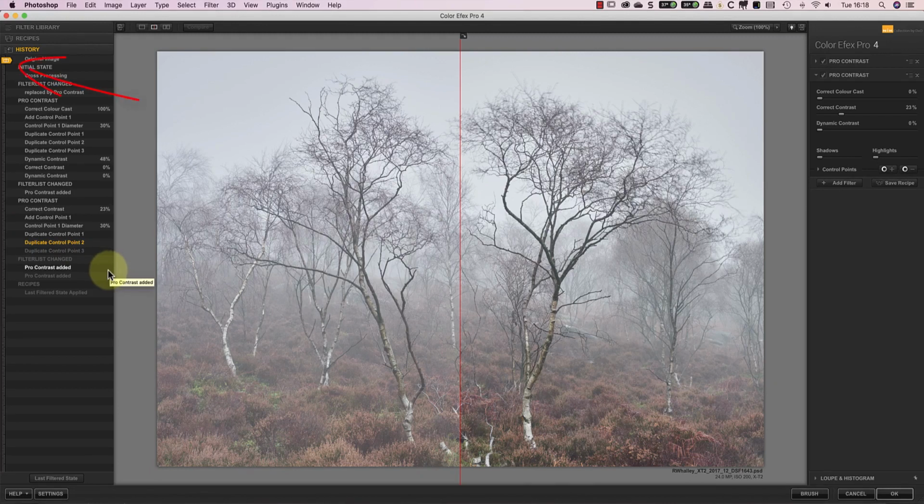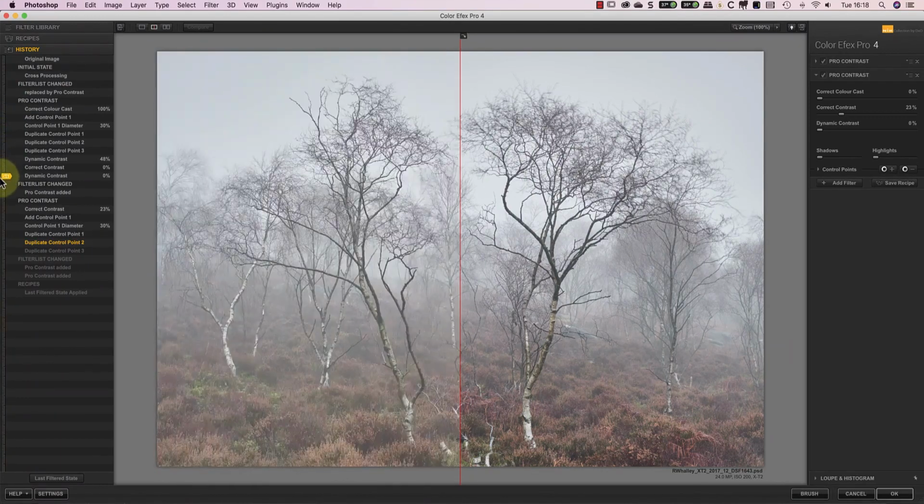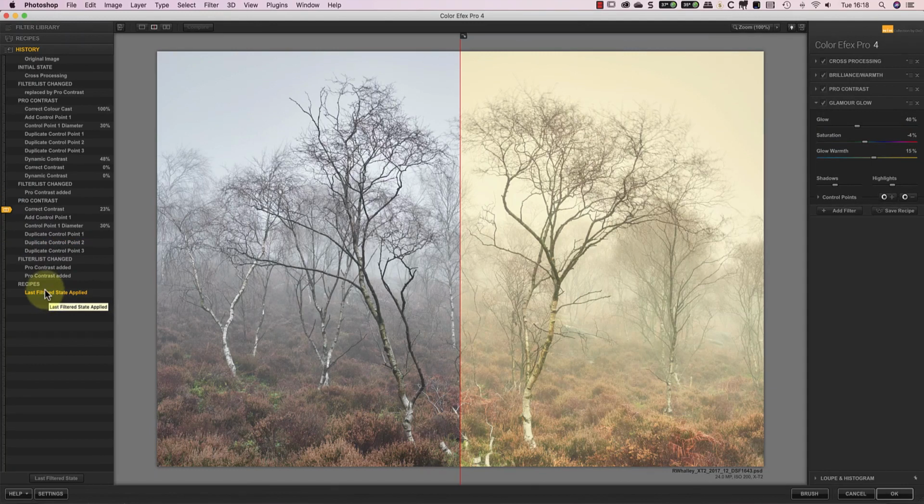We now have a small orange pointer at the top left of the list. I can use this pointer to control the history state of the left side of the image. By clicking and dragging it down the list, I can pick another point to use for the comparison. This allows me to control the history state for both the left and right sides of the image. The only limitation is that the left side of the image needs to be earlier in the history than the right side. If I click on an earlier point in the list, the pointer also moves back to that position.